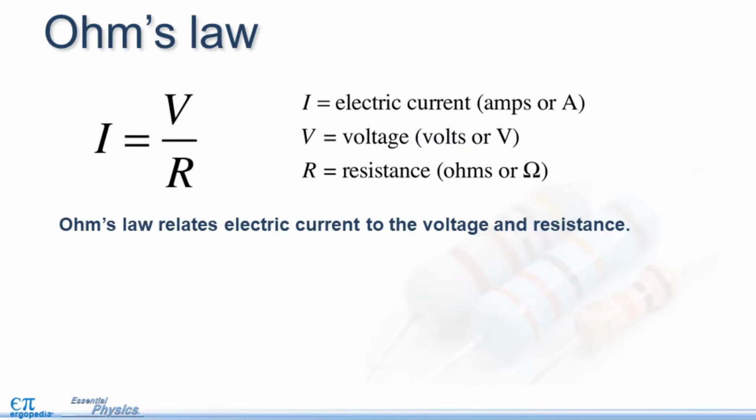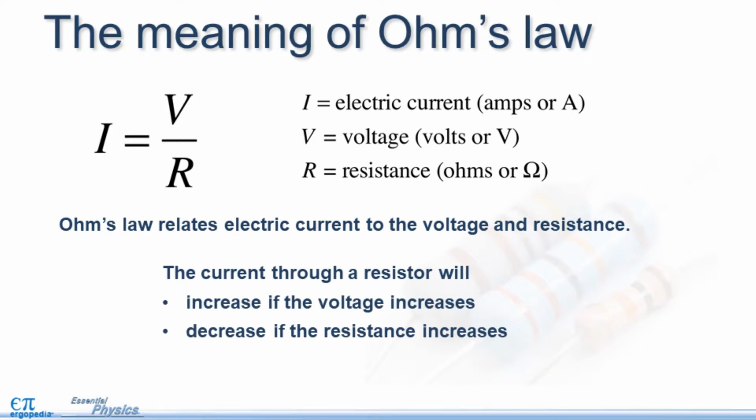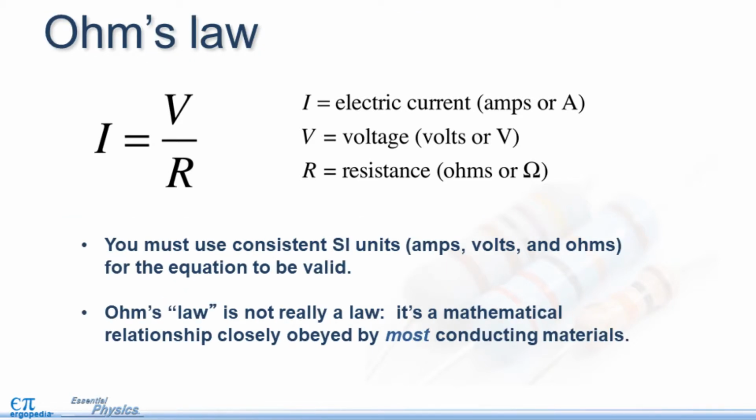Ohm's law relates electric current to the voltage and the resistance. The current through a resistor will increase if the voltage increases and decrease if the resistance increases. So it's inversely related to the resistance and directly related to the voltage. You must use consistent SI units for these equations. So you can't use milliamps or millivolts or kiloohms. You actually have to convert your units to amperes, volts, and ohms to make sure that this equation is used